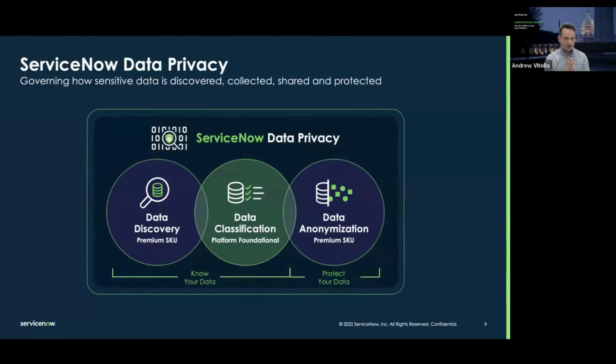It's made up of 3 components. One of them, again, is foundational to the platform, meaning customers can start using it today, and that is classifying your data. Before you can decide how you want to act on your data, it's really foundational and important to classify your data and understand what kind of data this is. Is this sensitive data? Is this data that could be very risky and damaging to our organization if it leaks to an unintended party, an external party?